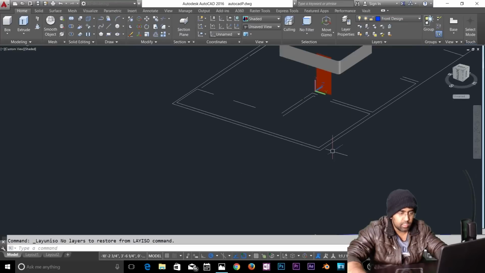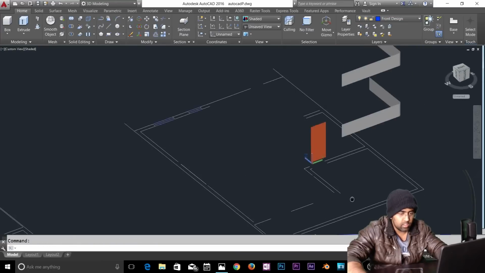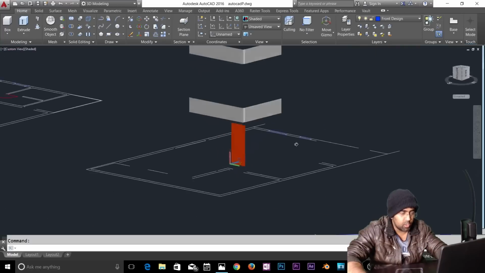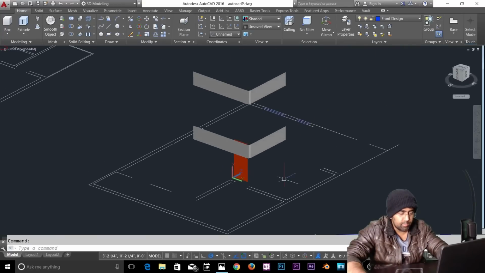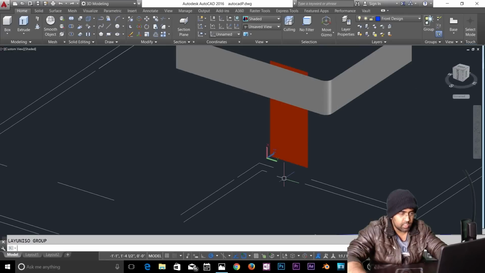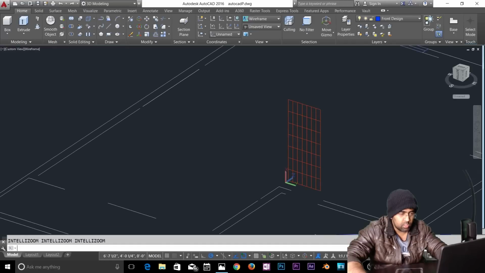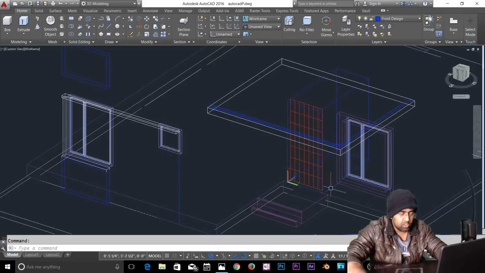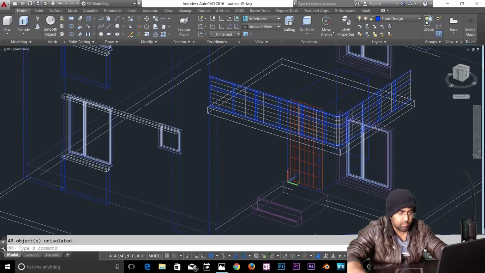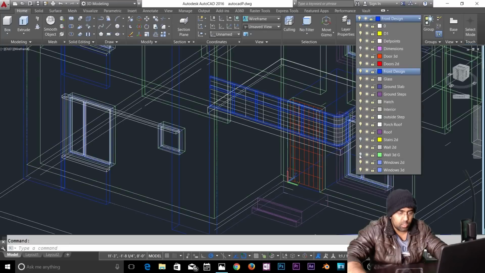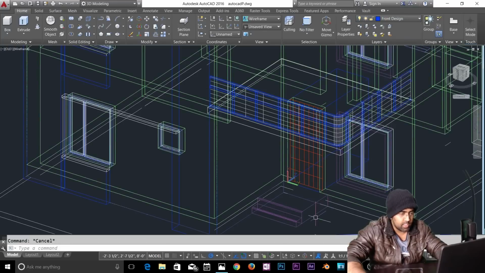Okay, it's actually gone somewhere, guys. I'm not sure what just happened. What just happened before? I have no idea what just happened. And hide object. Let me save this before something happens,